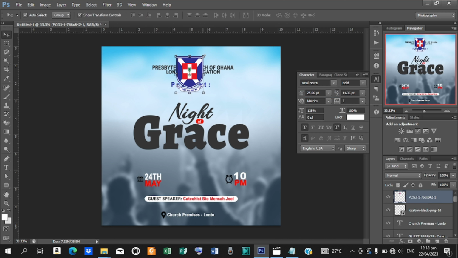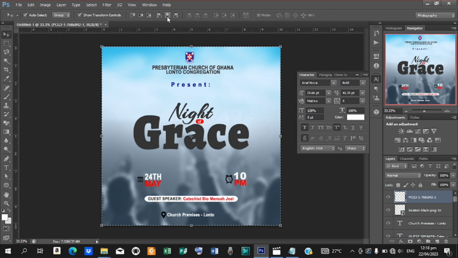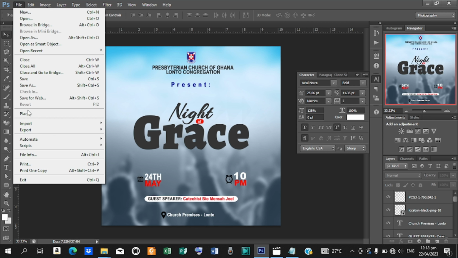Select your move tool and decrease the size of the logo and move it to the top. With your arrow keys, send it up. Okay, then hit on OK, Ctrl A, and let's center that. Ctrl D to deselect. Alright, so the next thing I'm going to do is I'll go back to my file